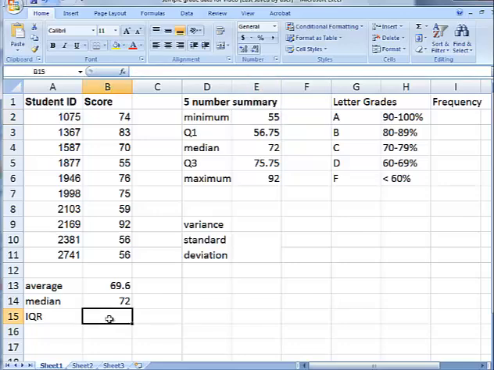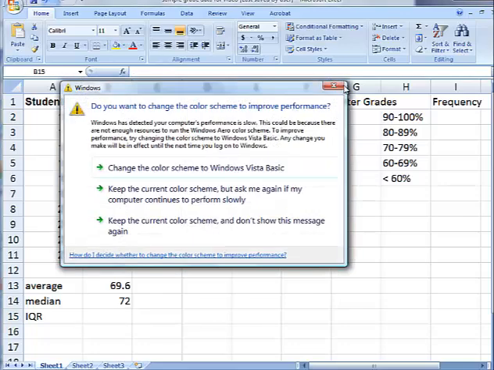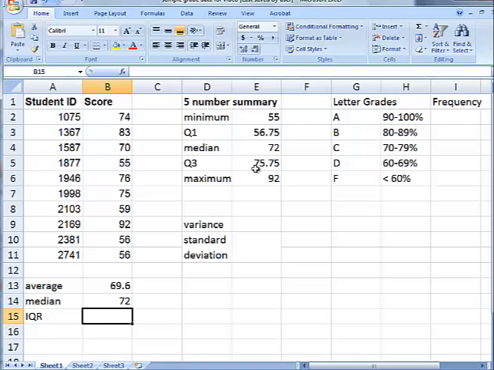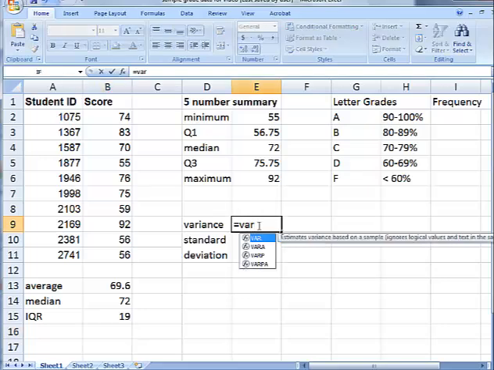Now for our IQR, remember it's Q3 minus Q1, so we type equals, click on Q3 minus Q1, hit enter, and there's our IQR. So that was easy. Now for variance and standard deviation, both of those have built-in functions, so we type equals